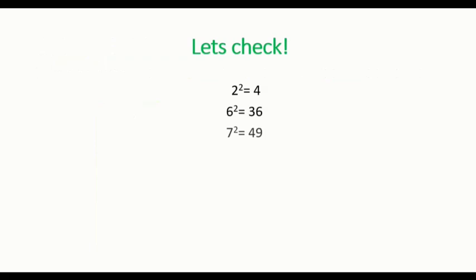6 square, okay, 36. 7 square is 49. We are getting closer to 96. 8 square it is 64. 9 square becomes 81. 10 square it's 100. So if you notice here, 100 becomes slightly greater than 96, right? So in order to divide, we need to have a number smaller than 96.